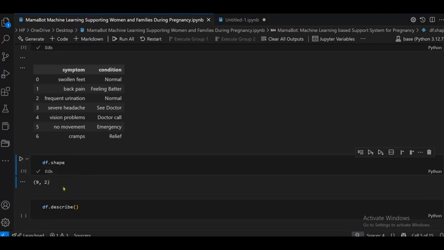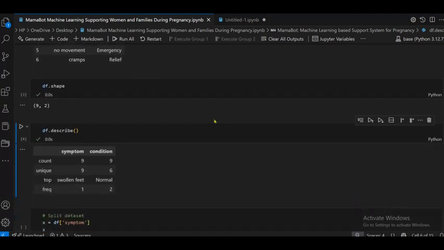So 9 rows and 2 columns. And describe, so it describes the count values. Both counts are 9 and unique values are 9, but in condition the unique value is 6, because I am using normal 2 times and emergency also 3 times, so that's why it gives 6 unique values. And top is swollen feet, and in condition it is normal, with frequency 1 and 2.